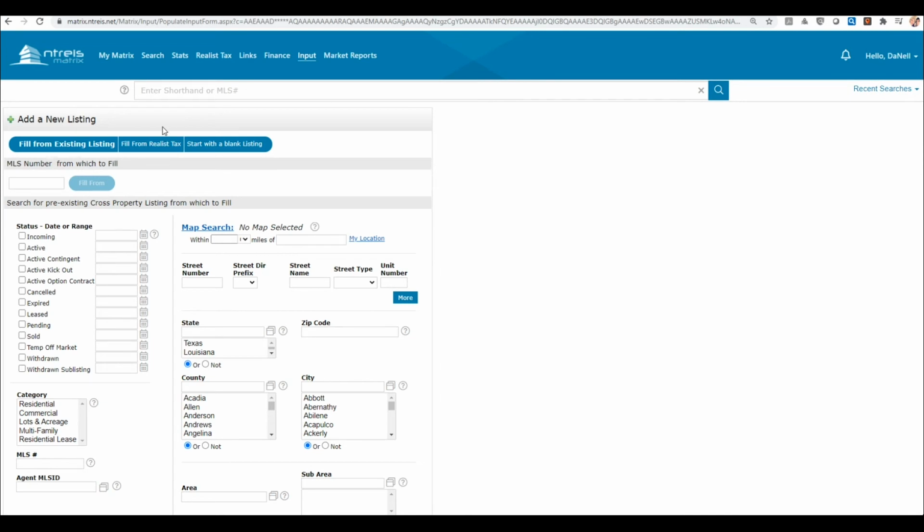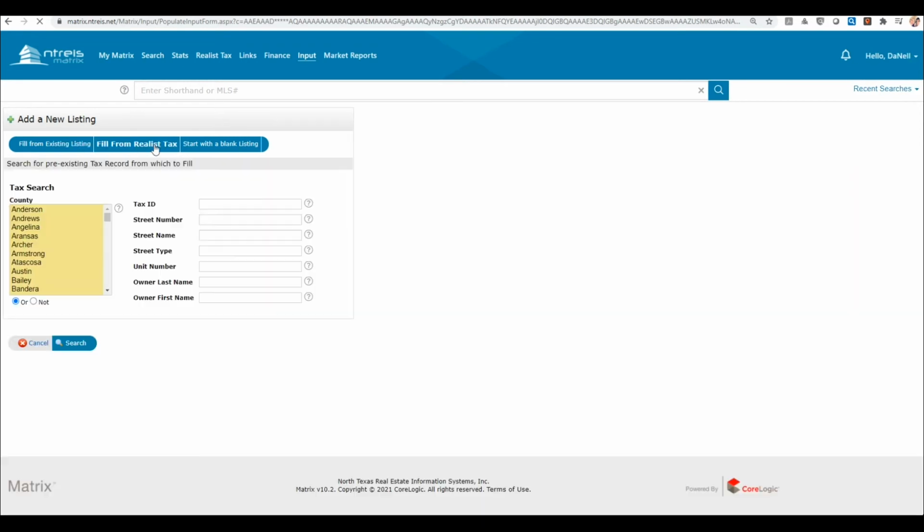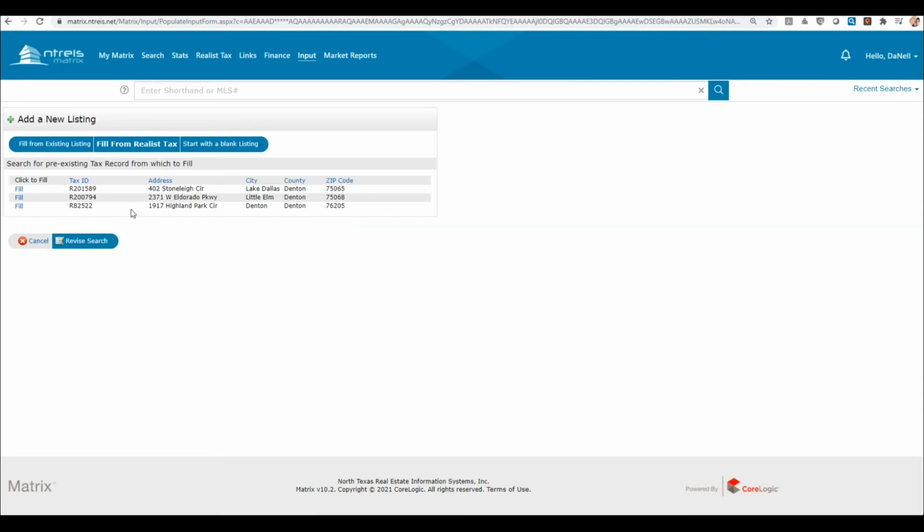If you have the property information and there's an existing owner, you may select from the realist tax, or you can start with a blank listing. I'll show you what populates when we select realist tax. So we will select the county that the property is located in, and then if we have a customer or client's last name. And for this purpose, I'm selecting the 1917 Highland Park Circle address. I know that is the proper address, and of course it automatically gives me the tax ID, which is something